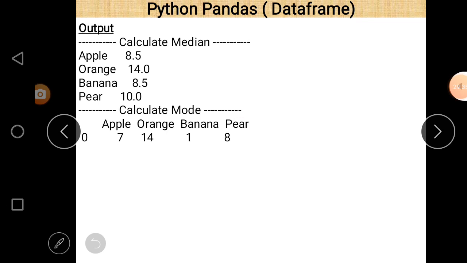It is very simple to find the mean, median, and mode of a particular data frame. Just use the functions mean, median, mode, and before this write the name of the data frame, in this case df. After that put the dot operator, and after that use the median or mode function. So the calculation is column-wise, and we can get the mean, median, and mode.